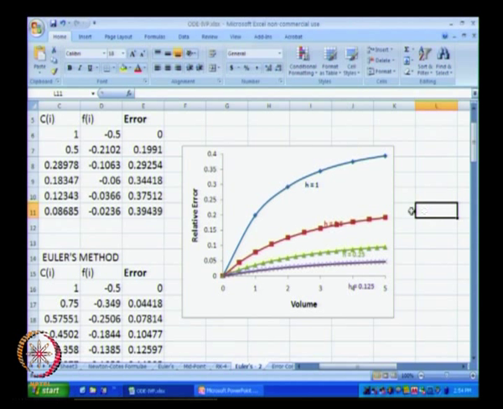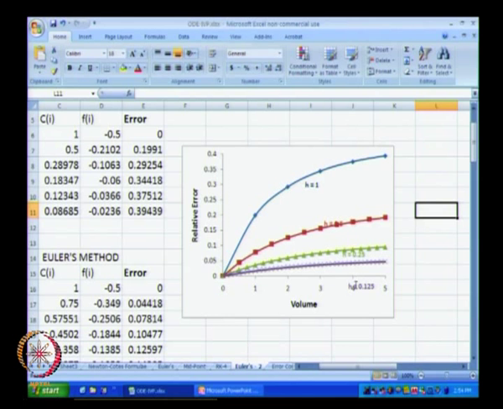We had solved it for h equal to 1, for h equal to 0.5 and for h equal to 0.25. Okay. So, this is what we had done in the previous lecture of this module, and these were the error values that we obtained. Okay.